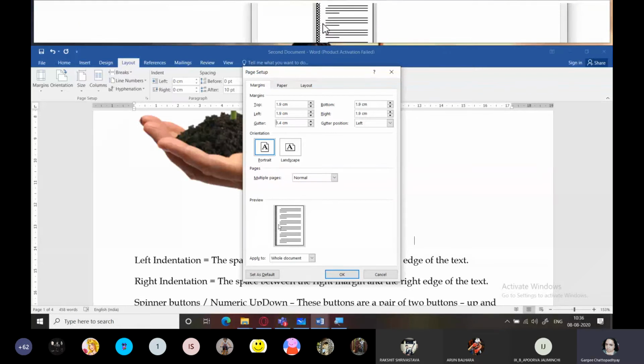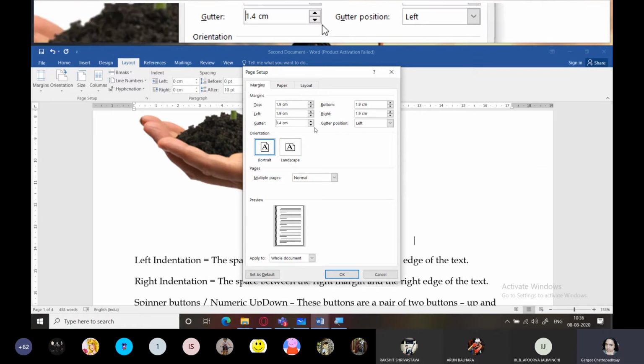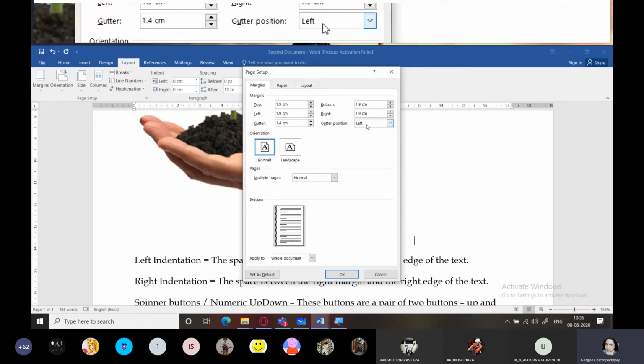This margin is considered for the purposes of binding the pages together. If you have created say 100 or 200 pages and you want to publish this as a small booklet, you can use this gutter margin for binding the book. When it is bound, it will be useful.